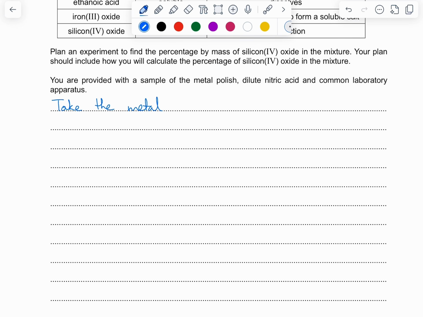the metal polish and weigh it initially on a digital balance, or whatever you want to measure it on. Nowadays in labs there are all digital balances because they are more accurate. Alright, so you want to measure the original mass of metal polish, right? Now what you want to do is record this weight,